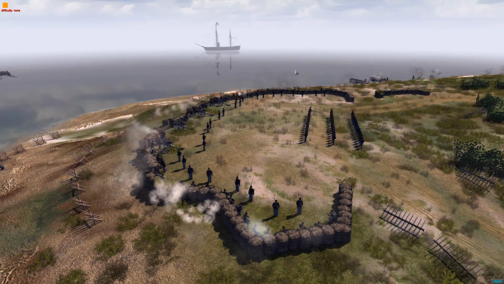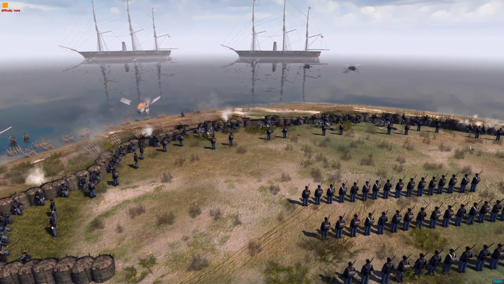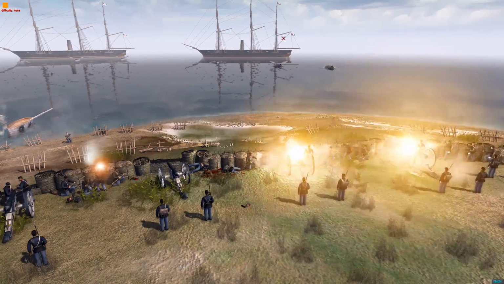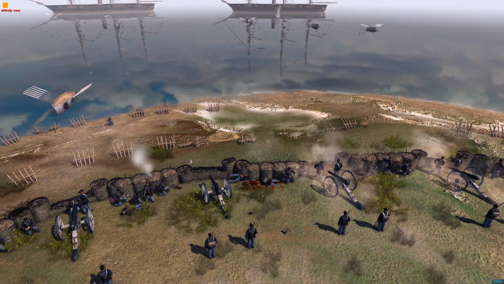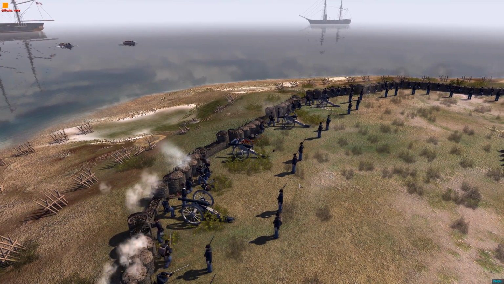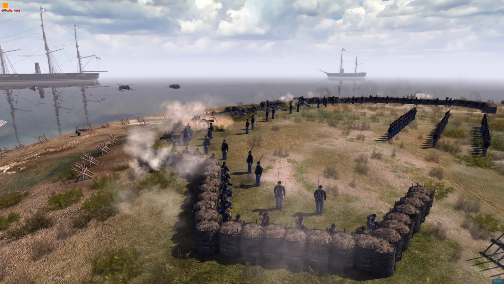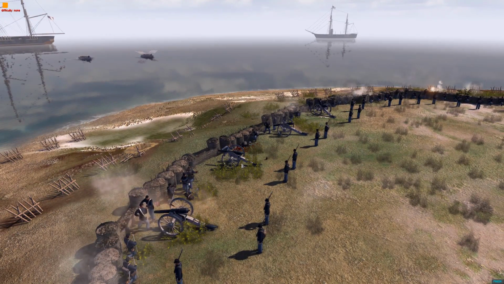They're a bit far away, but they've been used as troop transports. This is awesome. So the Union has lost one artillery piece here. In fact, the gun is still working, but the crew is dead. And the rest of these guys don't know how to fully operate a piece, like a 12-pounder Armstrong, which I